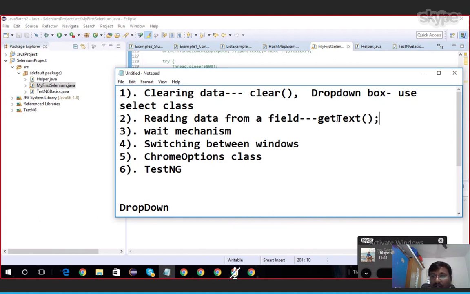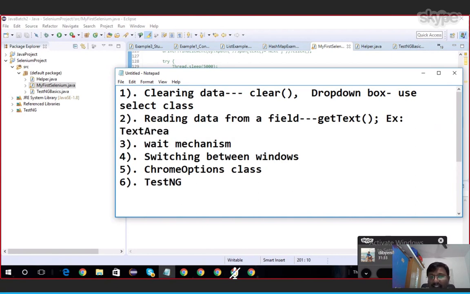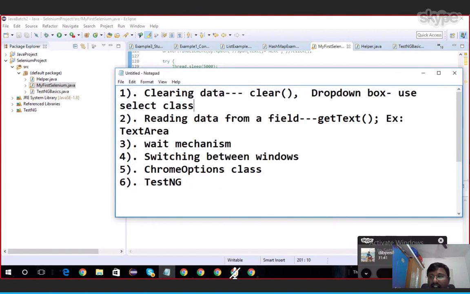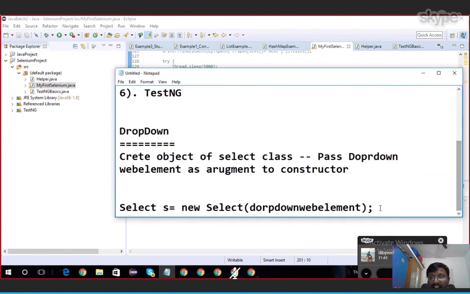We can read from elements like a text area, or any elements that have text, for example an anchor tag.